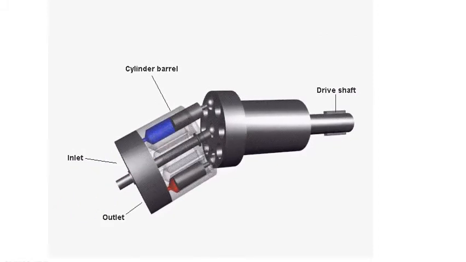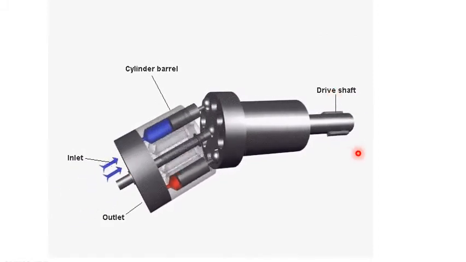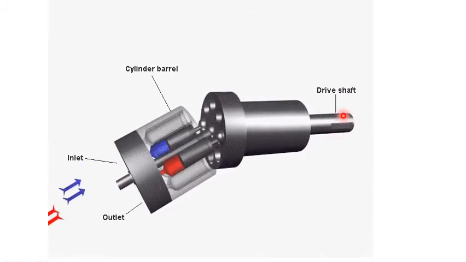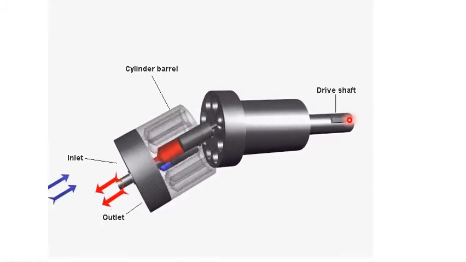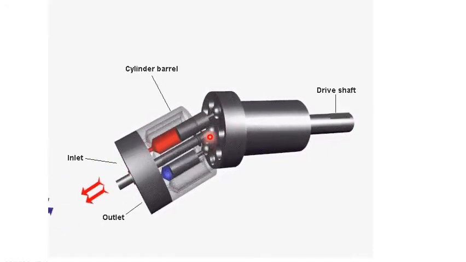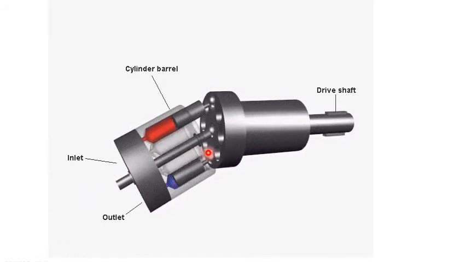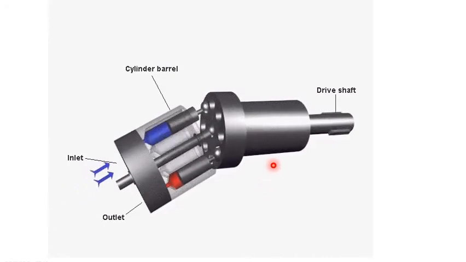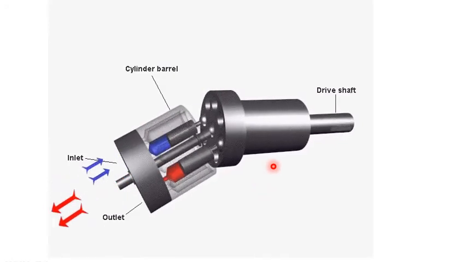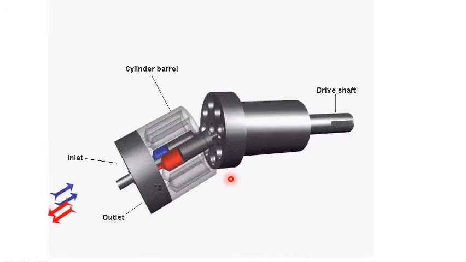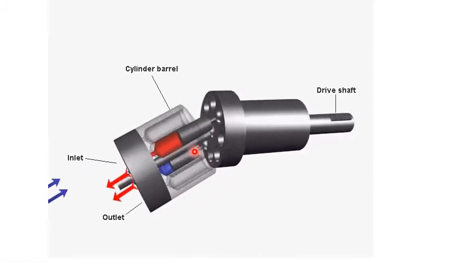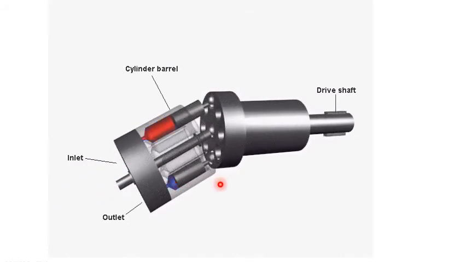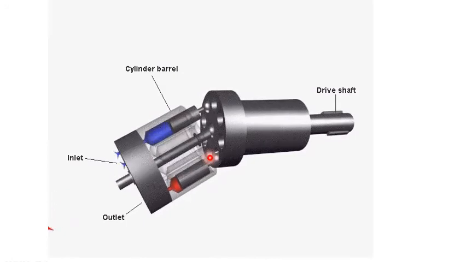Look at this small working animation of the bent axis piston pump. When the prime mover rotates, meaning the drive shaft rotates, the cylinder block also rotates through the universal joint drive. Pistons placed in the cylinder block move to and fro, thus connecting the suction and delivery ports alternately. The working is similar to a reciprocating pump.